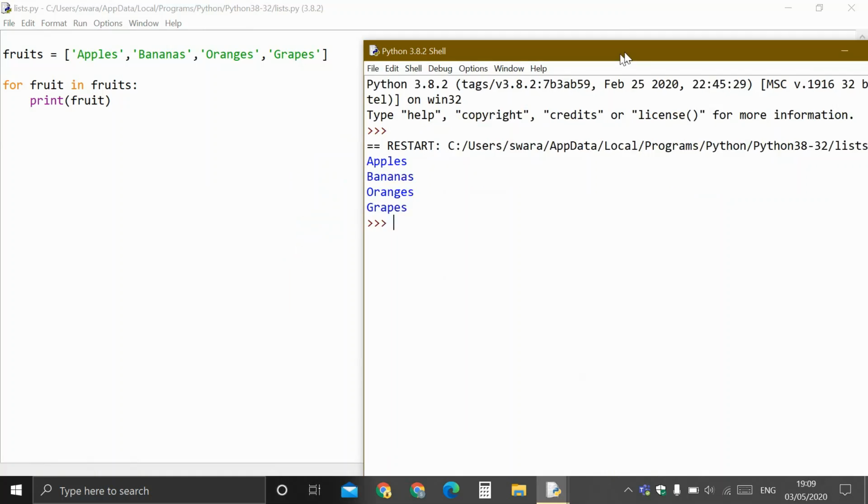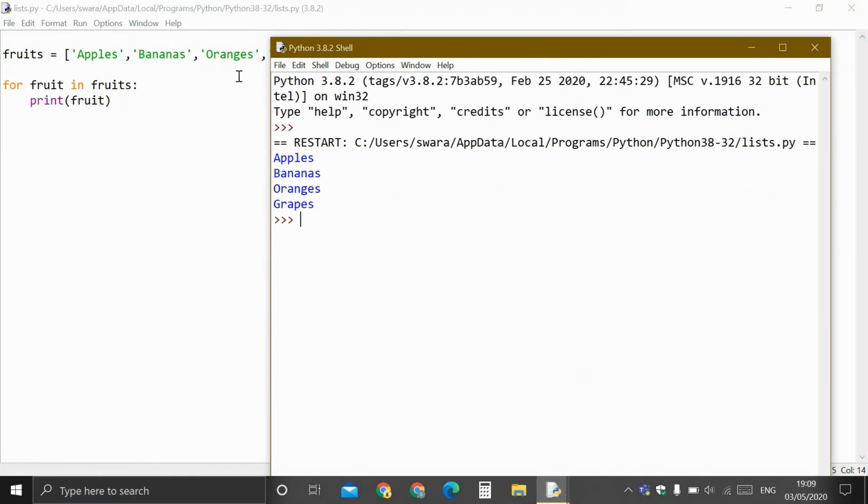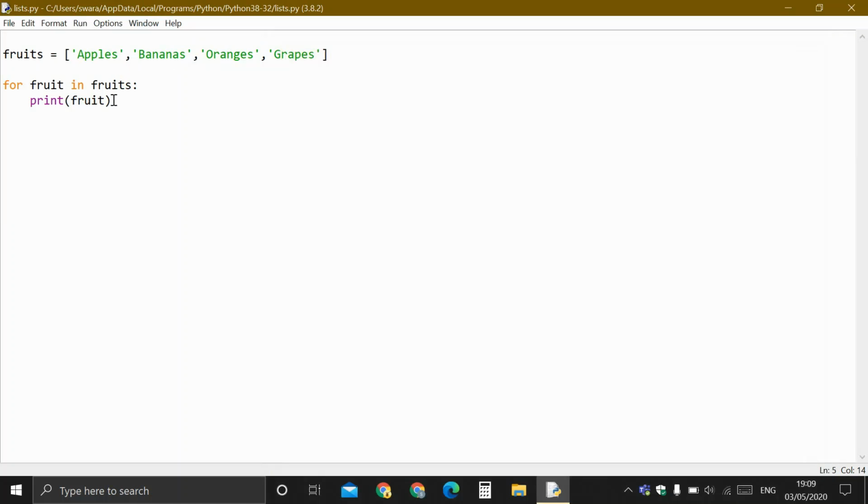So you're going through this list. The first time it's apple, the second time it's bananas, third time oranges, fourth time grapes, and then it's done. There are no more items. And yeah, so if you just want to do something like this, you can also do for something like count